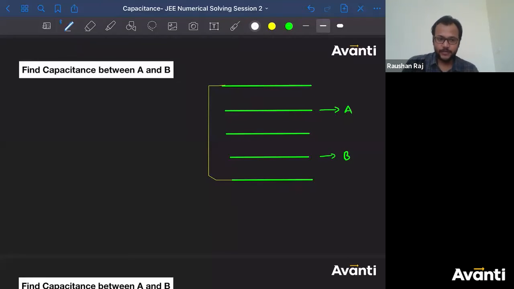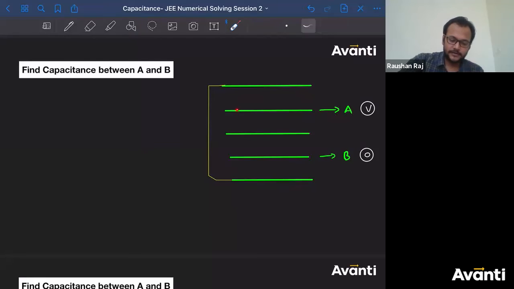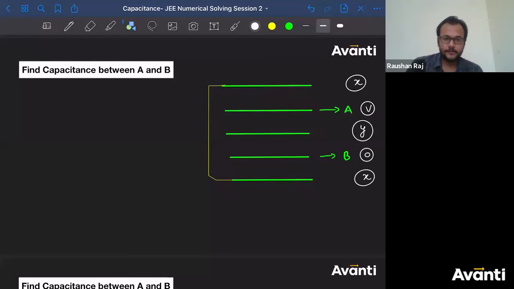So क्या करना है, assign the potentials. This is V, this is Laddu. So now again not connected to anything, so ये is V, this is 0. So let us consider this is having X as the potential. So it is going to also have the same potential, all right, because they are connected through a conducting wire. I don't know what is the potential for this. Let us consider that is Y. Okay, how many potential points are there? 4: V, X, Y and 0.